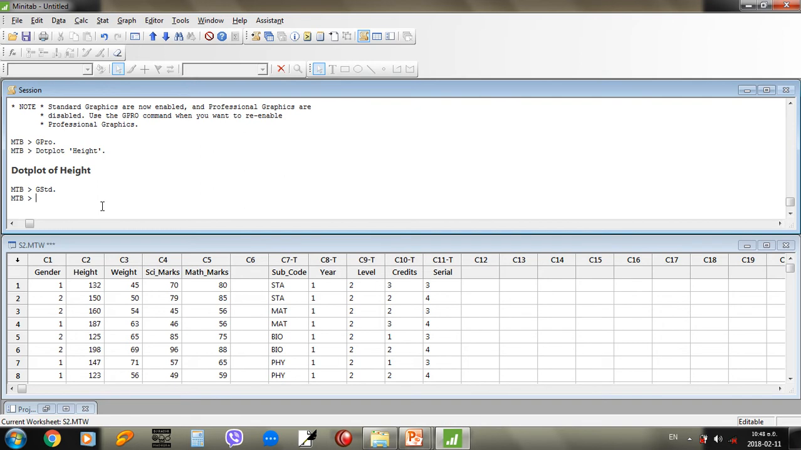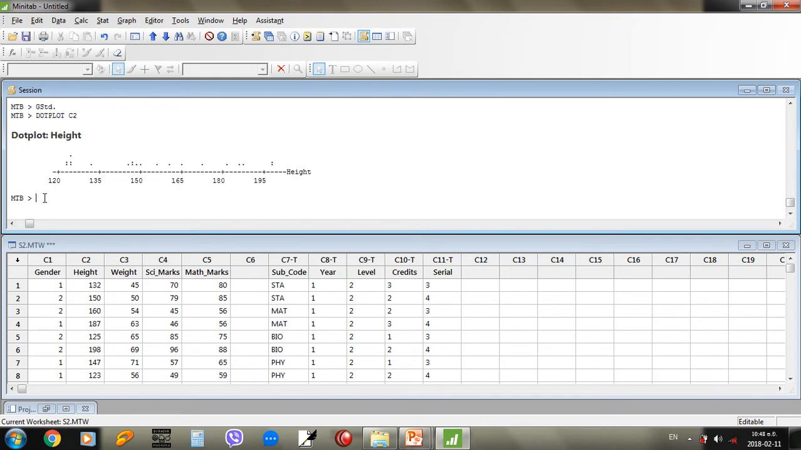What you have to do, first you have to type GSTD here, then you have to type dot plot C2. This is the dot plot. Or if you need to draw this dot plot